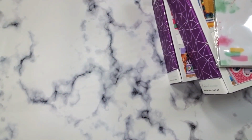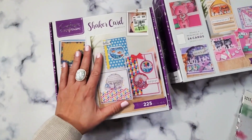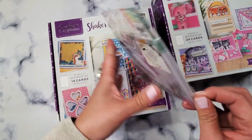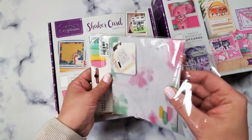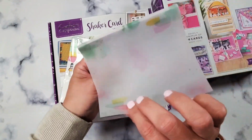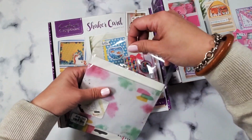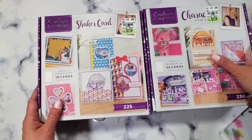And guys, this is the reason why I made this video, because I wanted to show you these Crafter's Companion card kits. This one is a creative devotion scripture paper, but it's pretty much vellum. So it's $2.99 for 100 sheets of vellum, and I thought that was a good deal. So you can see it's very thin vellum, and I thought I could add it as a texture to my embellishments, like mason jars and everything. So anyway, this is the finale of this